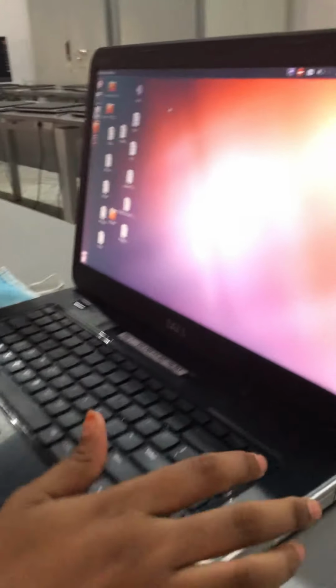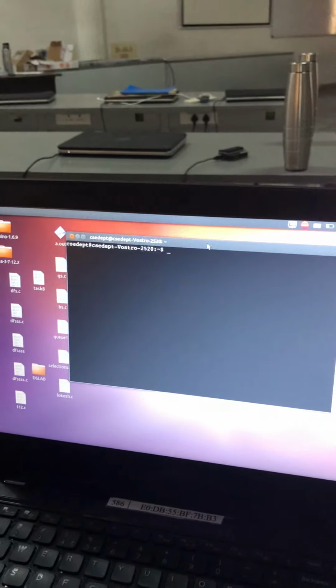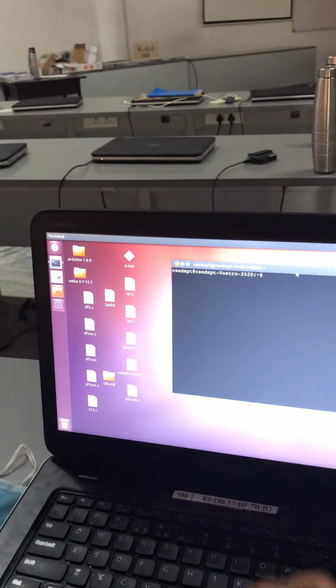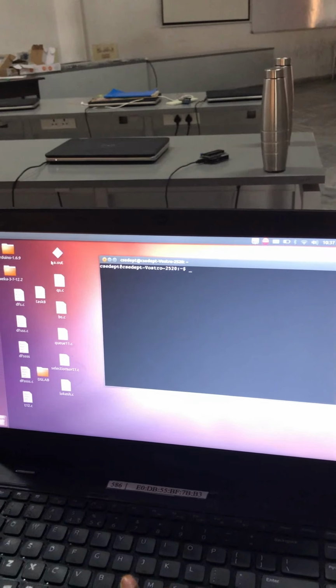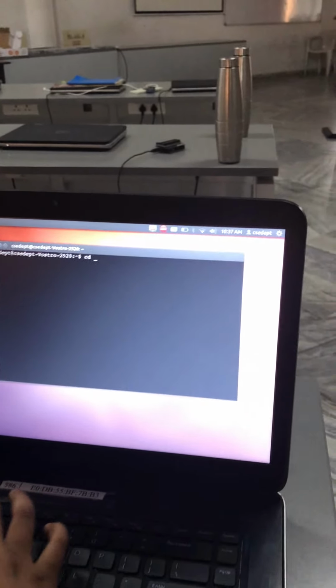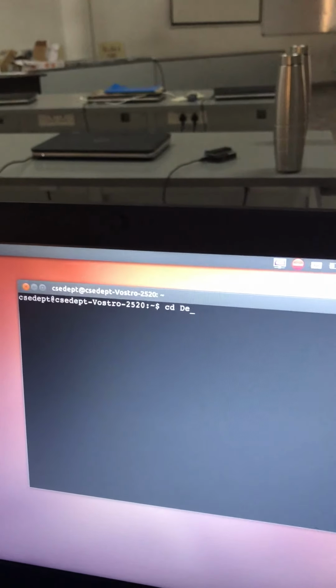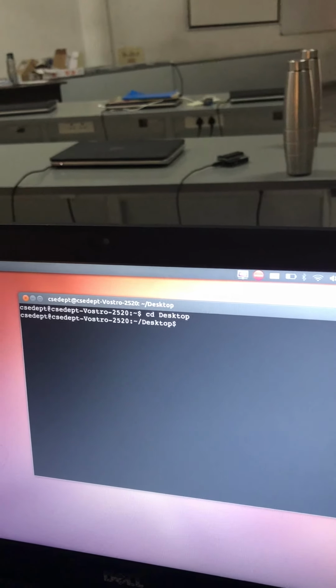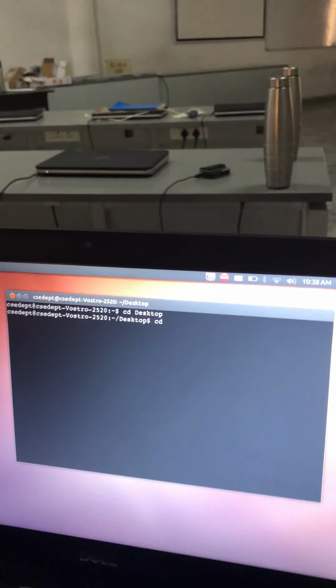Okay, first of all, let us write the Arduino program. For this, we have to open our terminal. Control Alt T. Go to the Arduino IDE location. So our Arduino IDE 1.6.9 is located on the desktop, which is Arduino 1.6.9 version. CD desktop, then go to CD Arduino